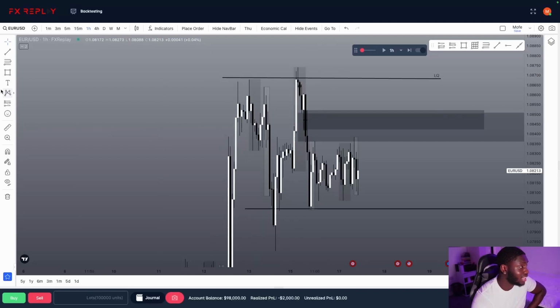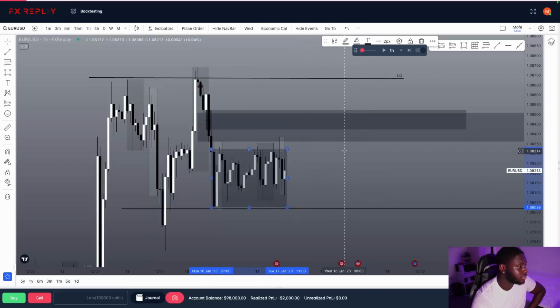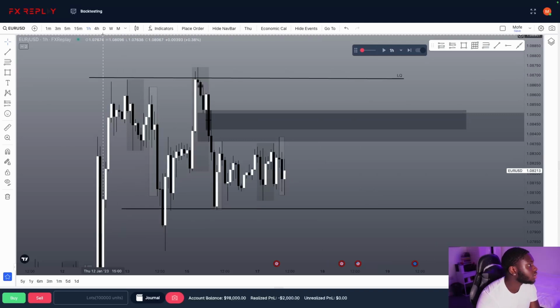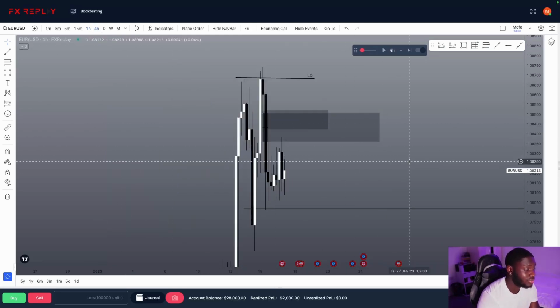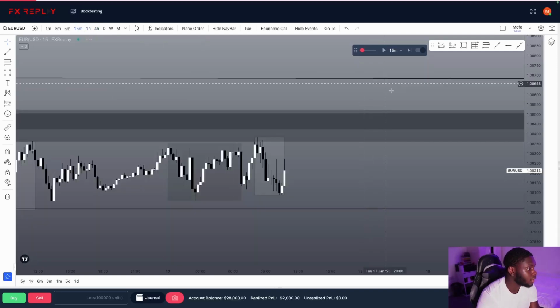Price is kind of horrible, I'm not going to lie to you guys. It is kind of sideways. Price action, it's not really the best, but let's see what's going to happen, if there's actually a potential trade. If the market looks horrible and you can't find a trade setup, don't take a trade. You don't need to. Okay, cool, let's see.